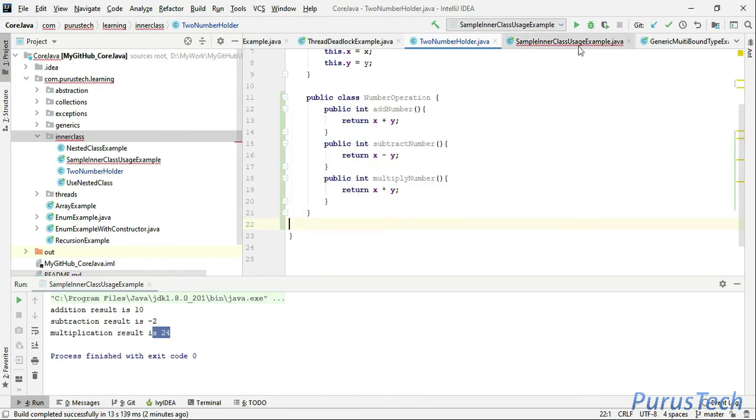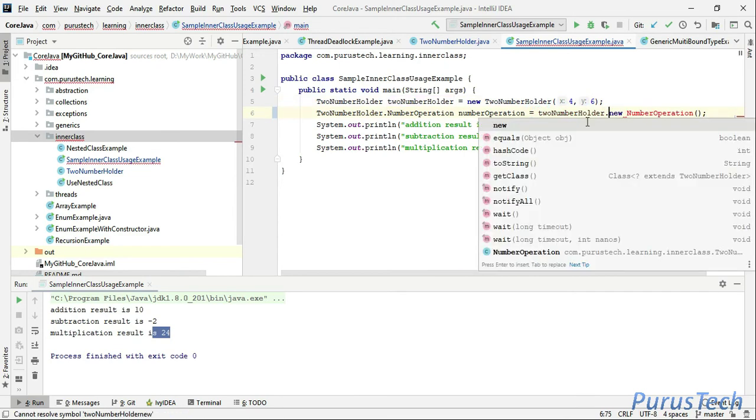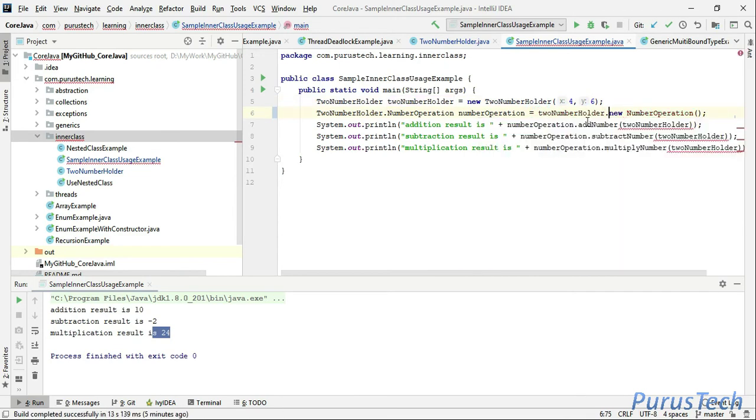Now let's see how the inner class will get used. How do we refer to this particular inner class? We can use the outer class dot inner class, and the inner class reference variable equal to. Now let's take the reference variable of the outer class and then dot, you say new of number operation.